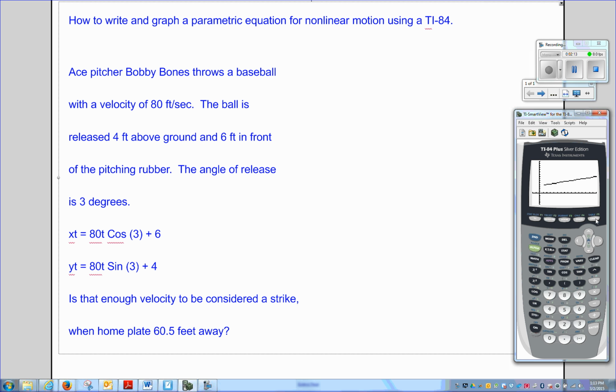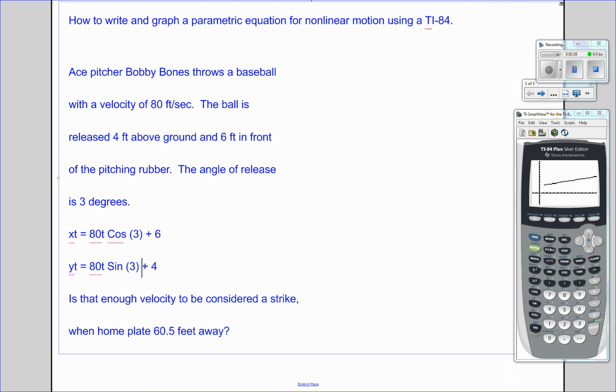So our graph looks like a baseball that's being thrown, and it just keeps going and going and going. We know on Earth that's not exactly what's going to happen, because there's that pull of gravity. It's going to bring this back to the ground. I need to adjust my equations. I need that vertical component to have the pull of gravity be represented, which is minus 16t squared